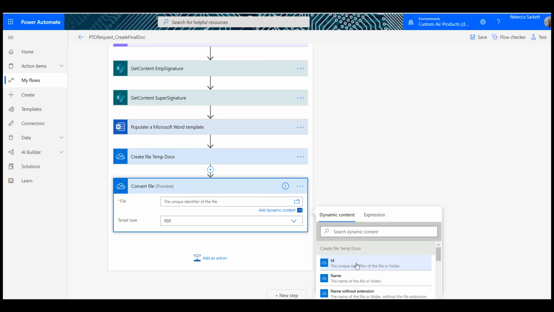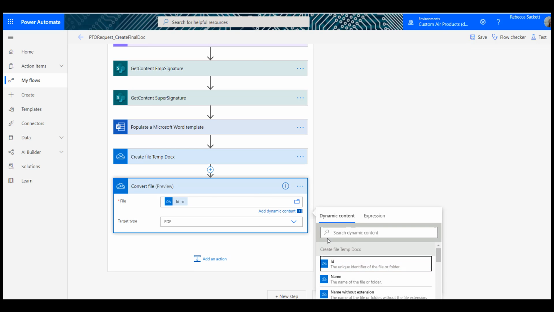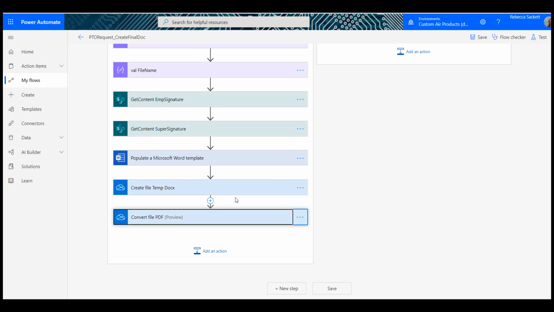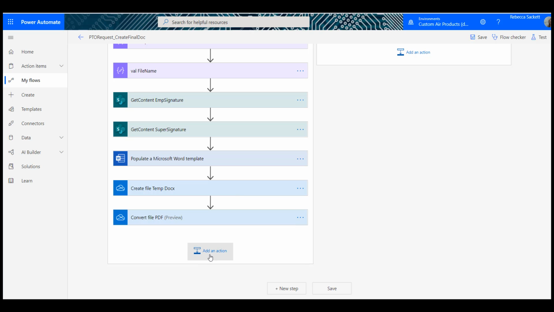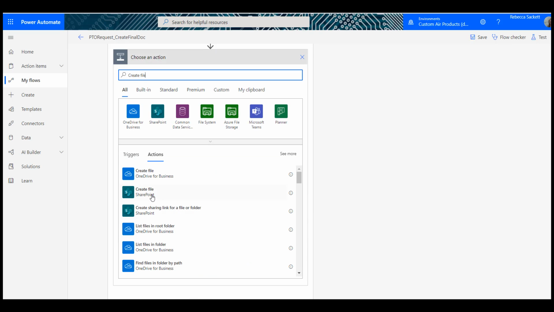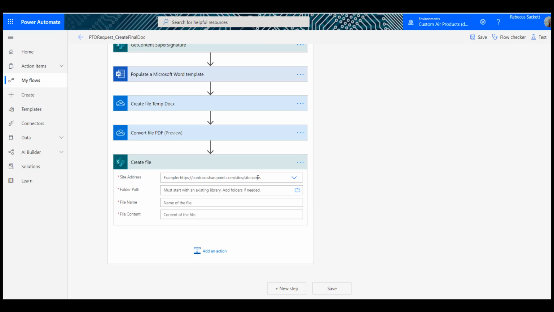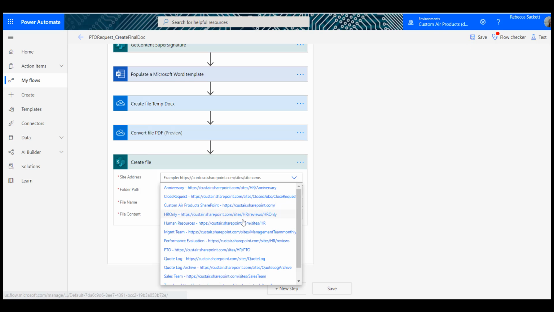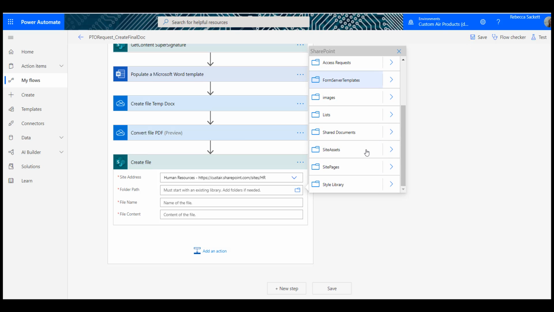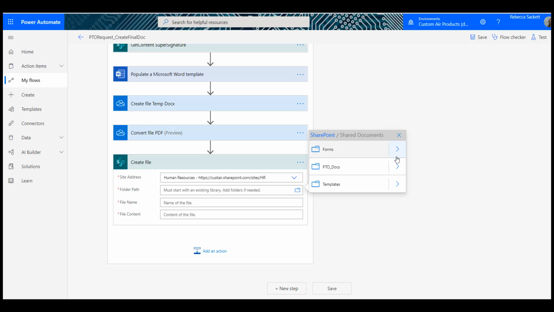And here, all we have to do is just select the ID from the one above. And there's a few different things you could do with it from here, but what we're going to do is save it as a PDF in that folder that we created for the ones that are completed. So we're going to do create a file now, but we're creating a file this time on SharePoint. I'm going to select my site, and then the folder path is going to be, what I call it, completed,